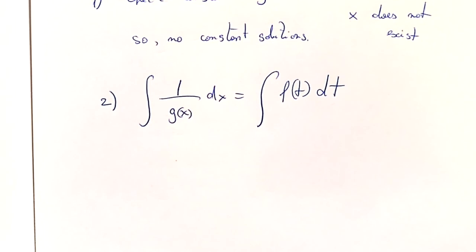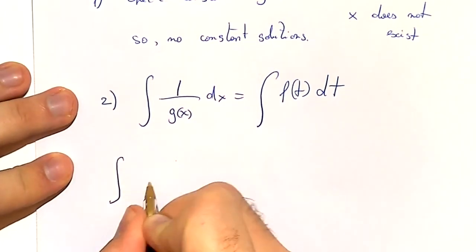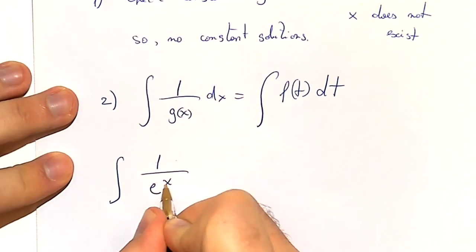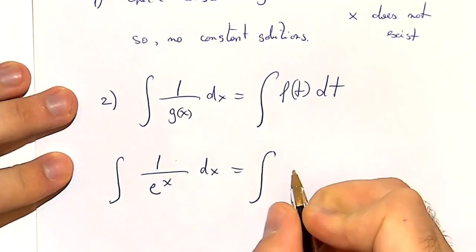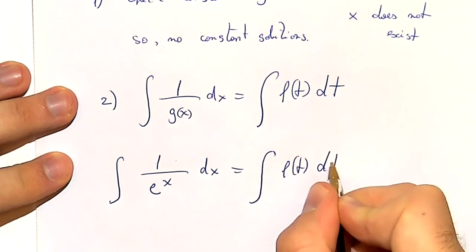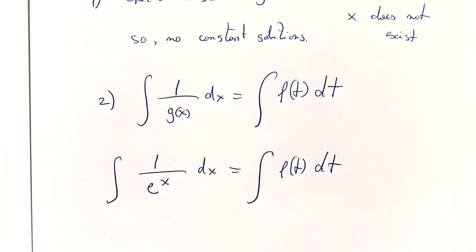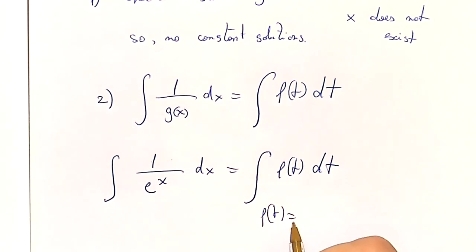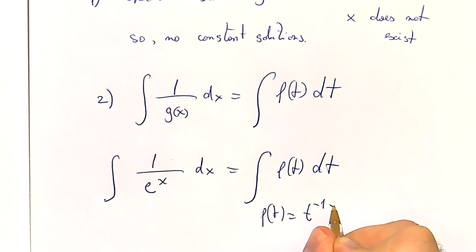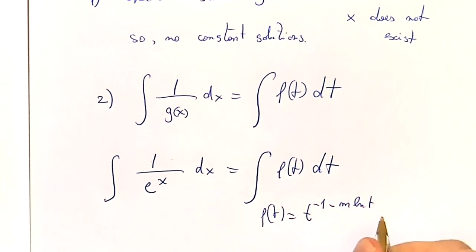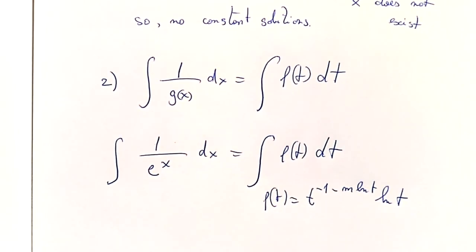So now I just plug in my stuff and I get the integral of 1 over e to the x dx is equal to the integral of my f of t dt, which, again, f of t is that ugly function, where f of t is just equal to t to the -1 minus m ln t. This is your f of t, but it doesn't really matter since